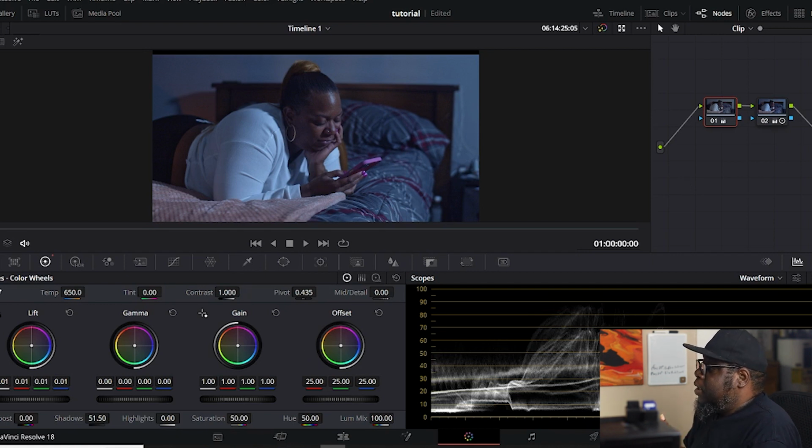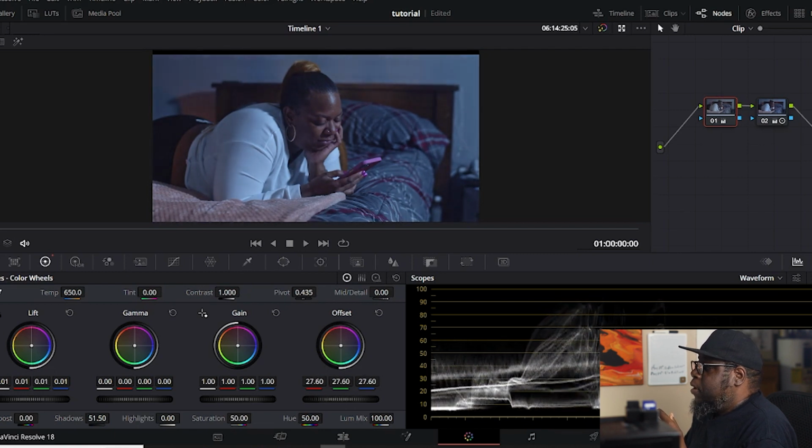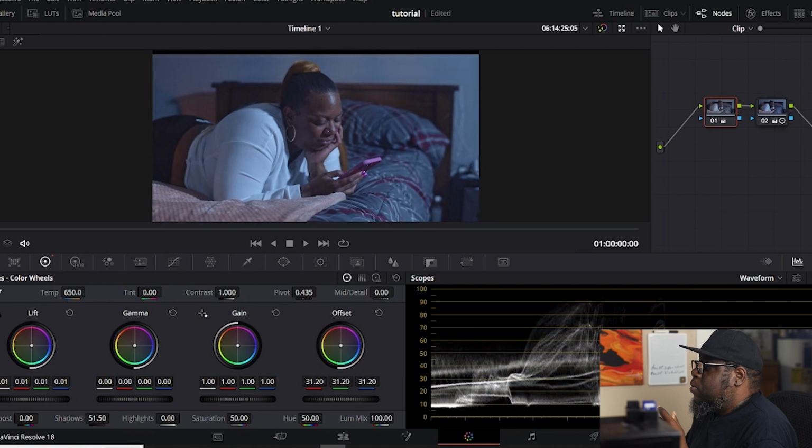So again, looking at my waveform, I'm gonna grab this offset here and I'm gonna slide it. And you can see the waveform. You see the waveform moving? The offset picks that whole little white area up, and I'm gonna lift them up a little bit. All right. So now I'm gonna make my